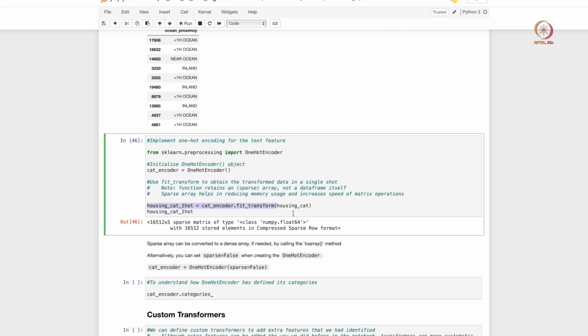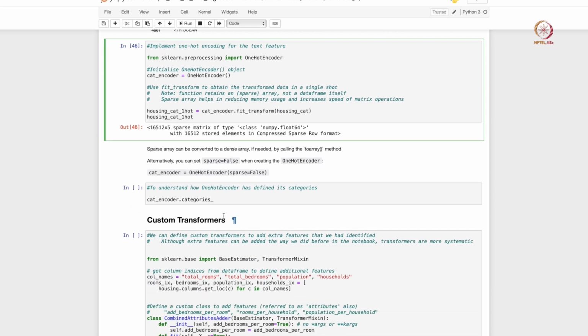In the case of the imputer, we used a fit function and a transform function later. The fit transform does everything in one go, and it returns us a sparse matrix. So again it is not a data frame object, it gives us a sort of numpy matrix type of object, and it typically returns a sparse matrix. There are differences between what a sparse matrix is and what a dense matrix is, we will not get into the details, but by default scikit-learn will give us a sparse matrix, which is easier to handle, so it is faster whenever we do matrix operations. So we will stick to the default settings for now.